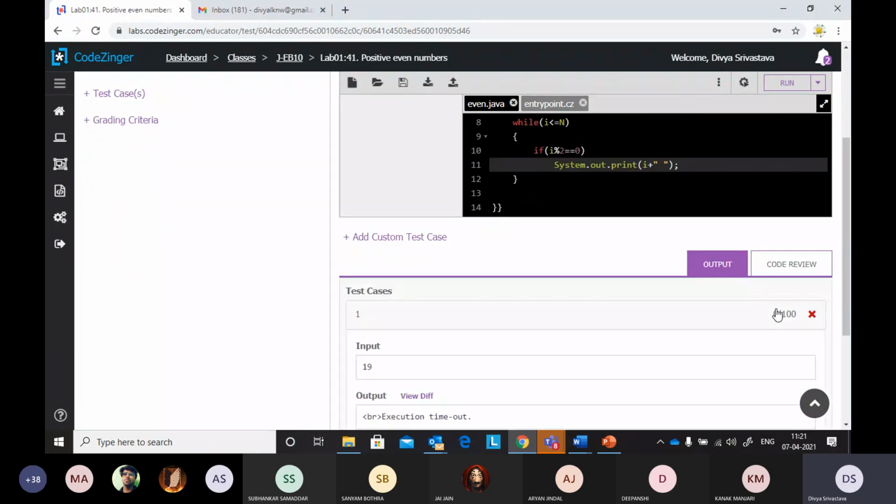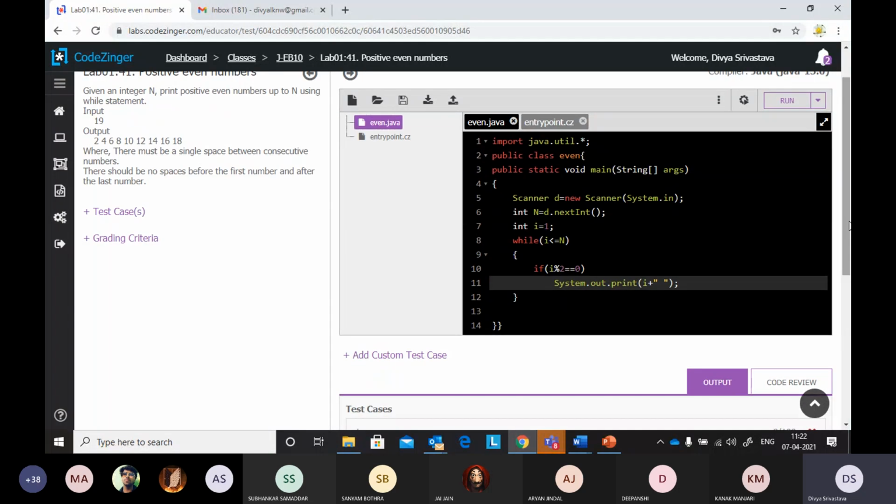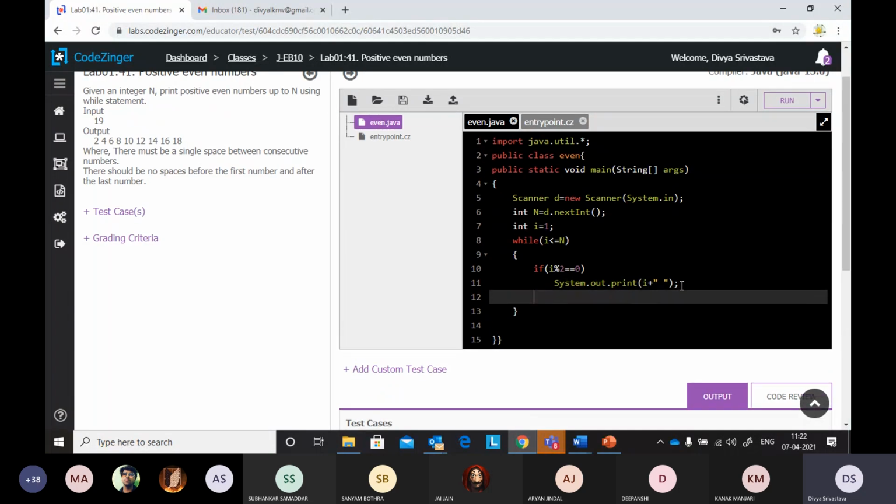Okay, there is some error in execution. Can anybody tell me what is the error? Just now I had said that three things are required. I have taken I is 1, I is less than n, but how is I incrementing or decrementing? I have not written that. So what is happening? The loop keeps executing because the value of I is 1 and 1 will always be less than n, so it keeps running in the same loop.